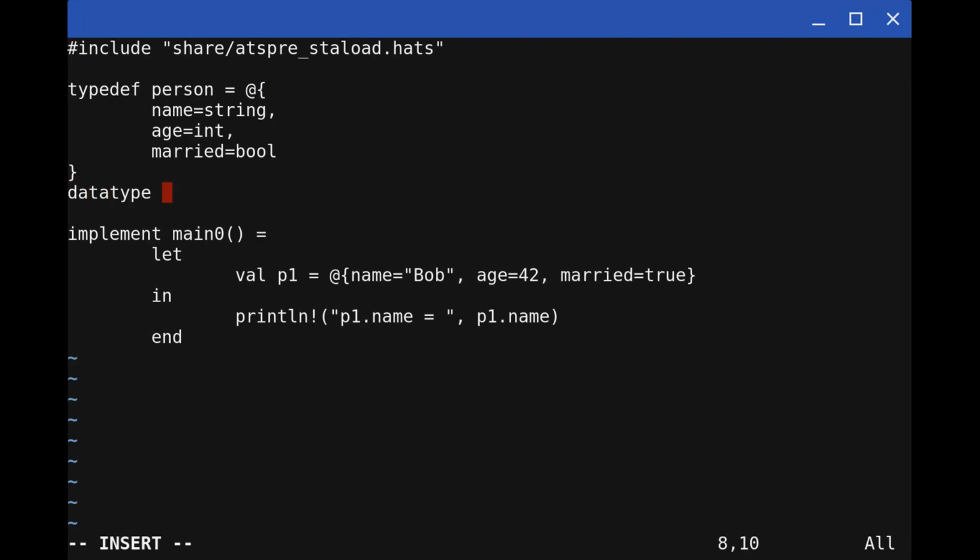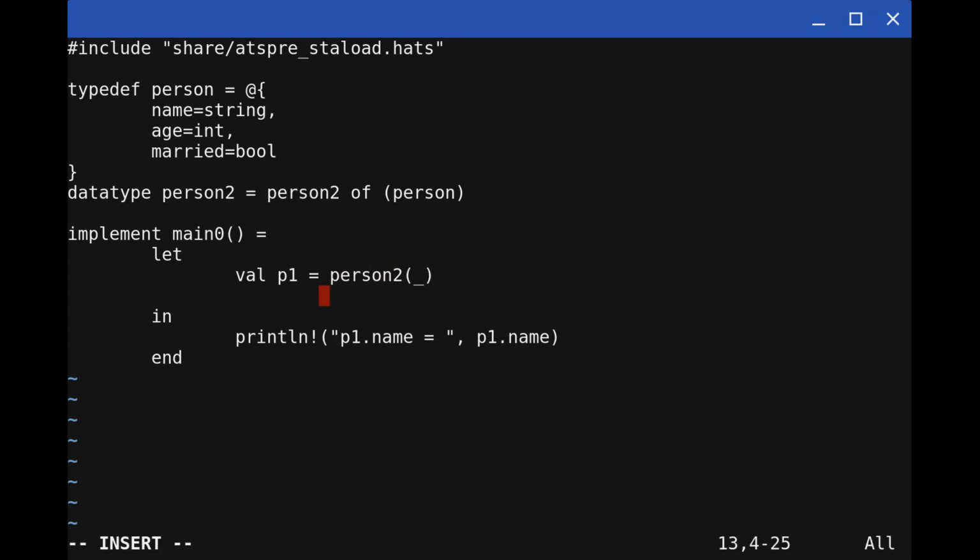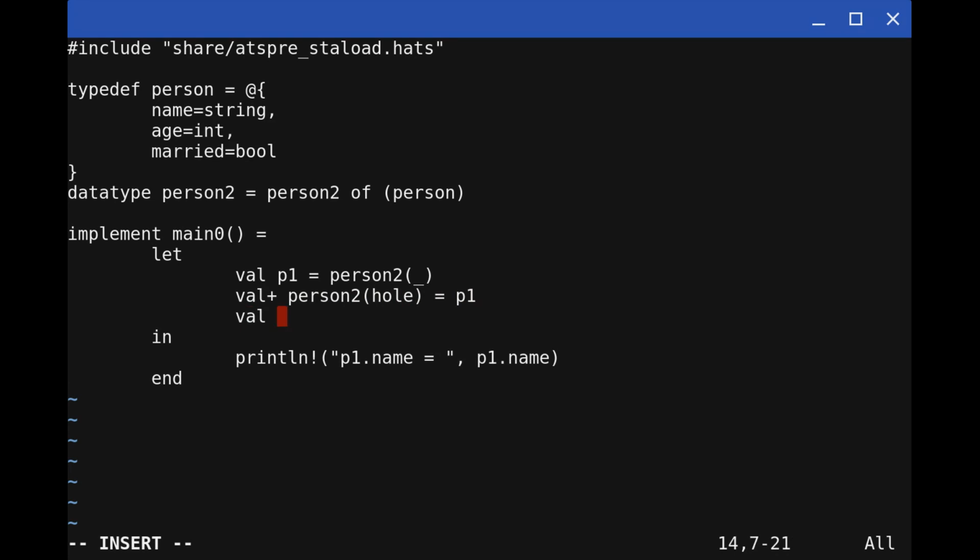Now let's actually create a data type, so we need that to create a hole. I don't think we can just punch a hole into an arbitrary record. We'll leave it at that for now. Okay, so now we're going to create Person2 and give it a hole. And then we're going to go ahead and name the hole, of course. So Person2 hole P1, and then you can do things like